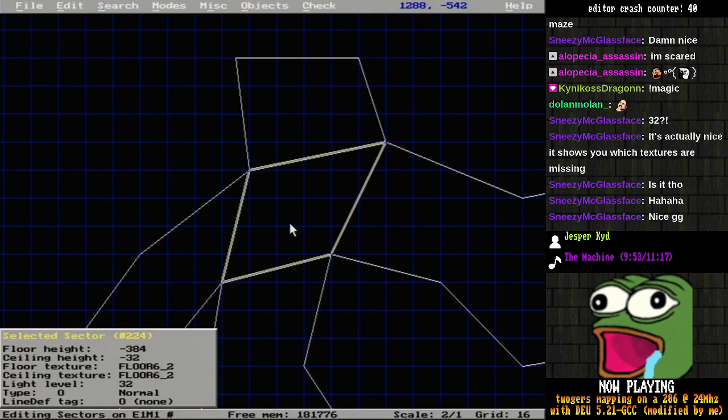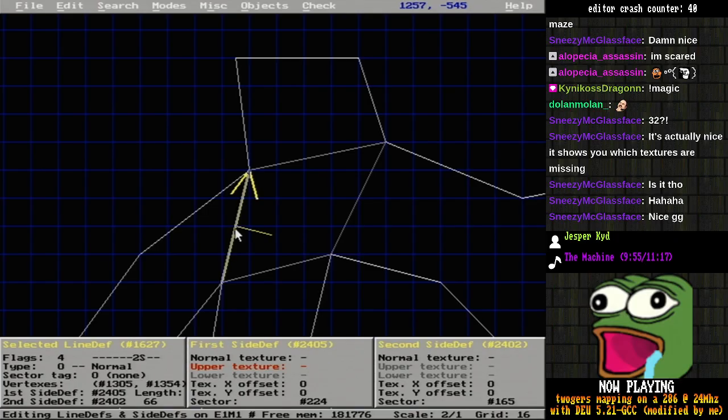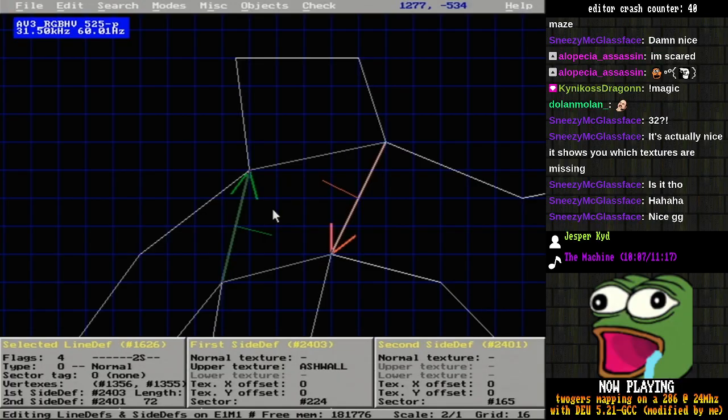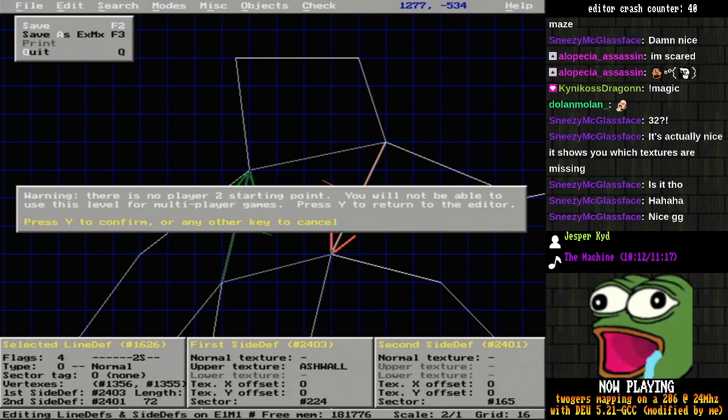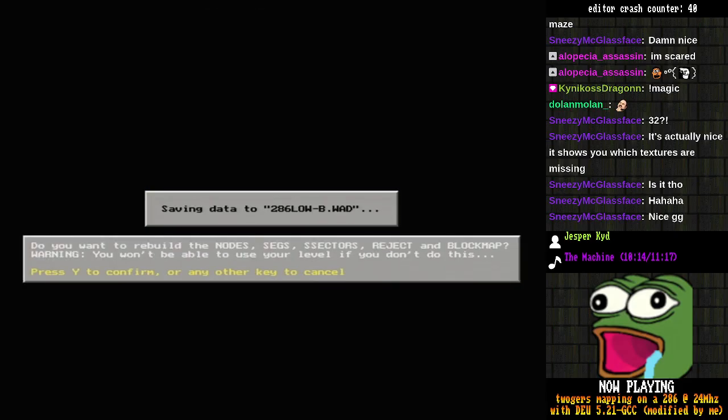All right, there we go. I'm also wondering if when I save, it actually cleans up the unused side defs. Wait, hold on. Is there a hold